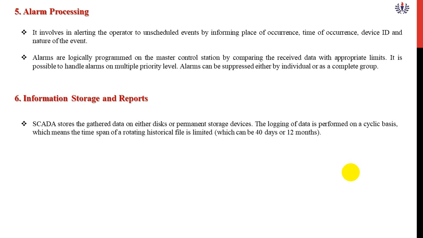For example, for our houses, we store the data only for 30 days, and afterwards automatically the data will be erased. For hotels, they will keep the data for 15 days. When any problem happens, then only this data will be segregated. Understand my point? In a server they can store more, but in our local disk only for 30 days they are monitoring it. Maximum they go for 12 months.